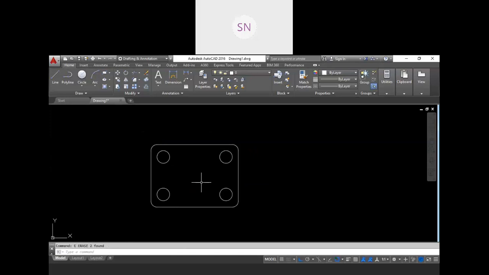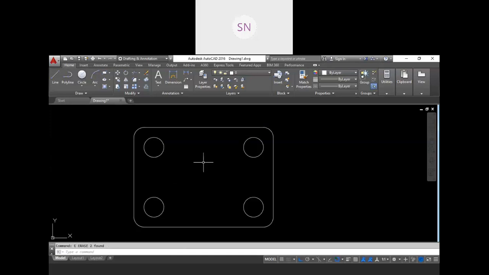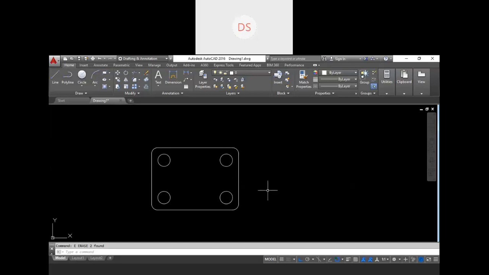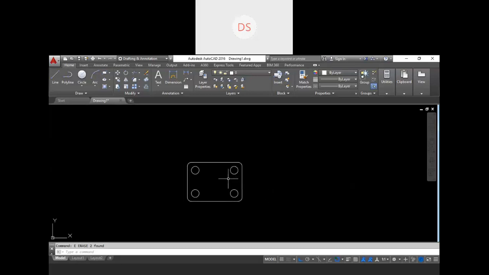It is not an impossible thing. And similarly you have to create that slot over here. Yes, I will explain you. When you want to erase a particular portion of your object, then you should use the trim command, and I will explain you that in today's class.